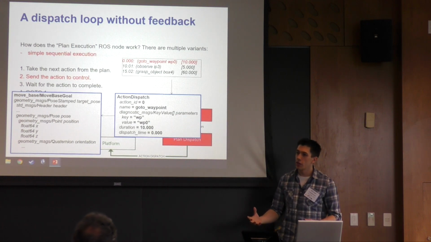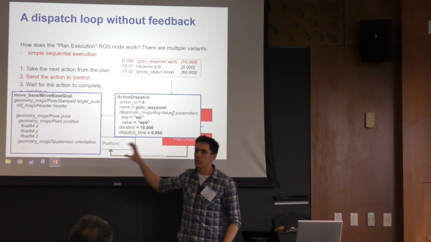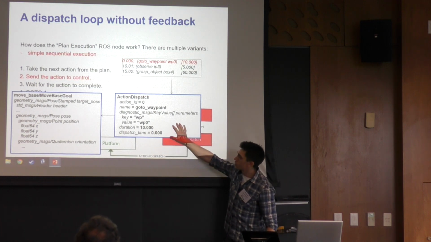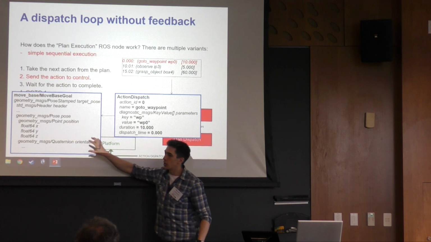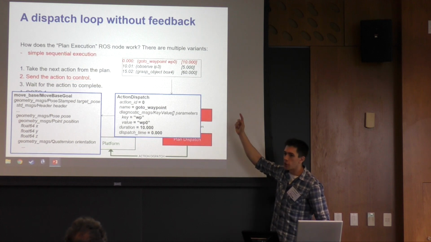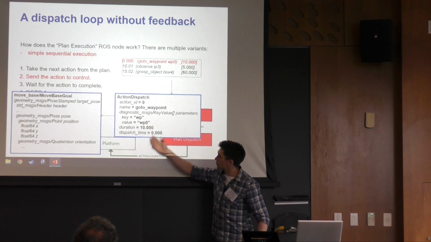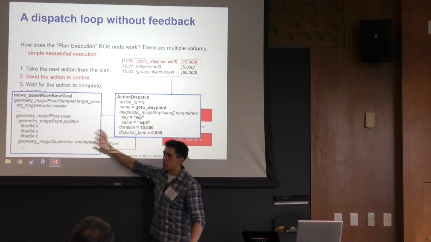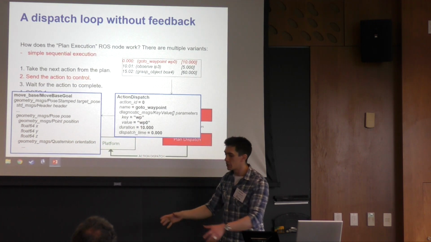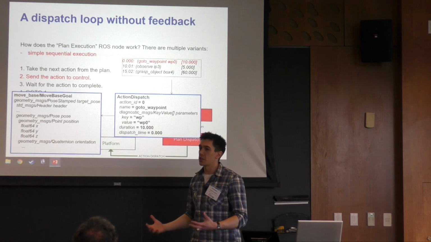This step itself is not trivial, because the PDDL action doesn't contain all of the information that the controllers need in order to actually achieve that action. So there has to be some kind of interface here which will transform the PDDL symbolic action into a concrete ground action. For example, this go to waypoint 0 action in the PDDL plan would look like this in the action message. You can see here the parameters, the duration, and dispatch time. But when we want to convert that into the move-base goal I showed you earlier, we need to know what are the x, y, and z positional coordinates, and what's the orientation that correspond to waypoint 0. And that information has to be somewhere in the system.